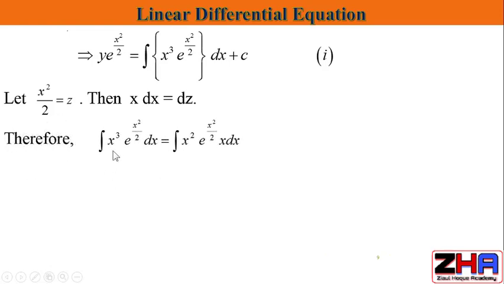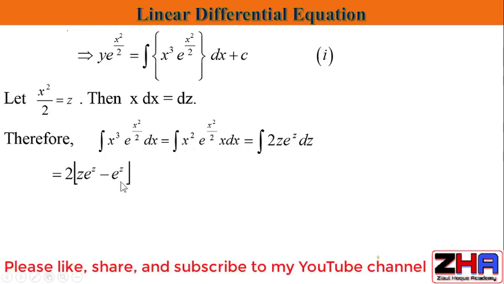Therefore, integration of x cube into e raised to the power x square by 2 dx is equal to integration of x square e raised to the power x square by 2 into x dx, which is equal to integration 2z e raised to the power z dz. Equal to 2 into z e raised to the power z minus e raised to the power z,